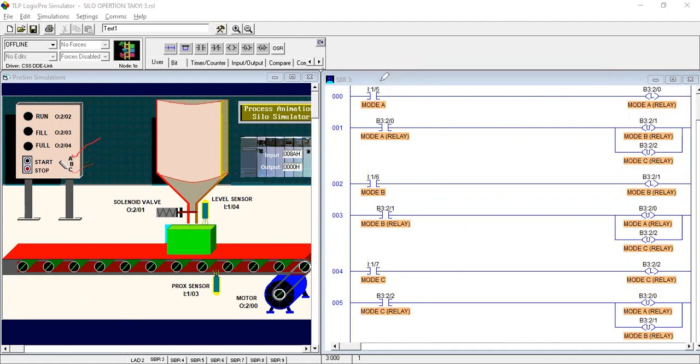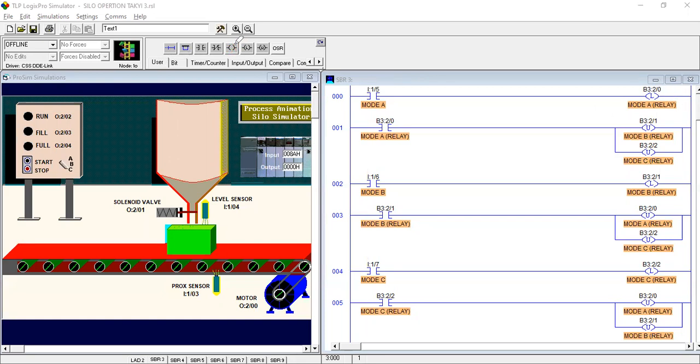In the A partition we have this addressing, in the B partition we have this addressing, and in the C partition we have this addressing. Okay, so in the first mode we have to turn on our relay, so we have to use the latch instruction. We want to control our relays, so we can add the latch instruction. You can also use the simple coil, this one. You can also use this coil.